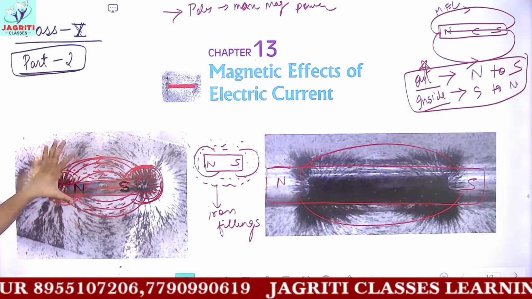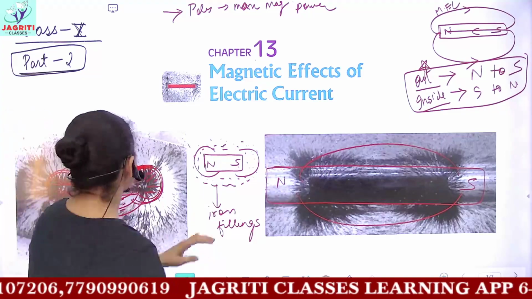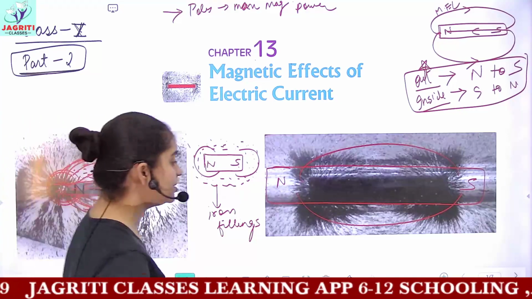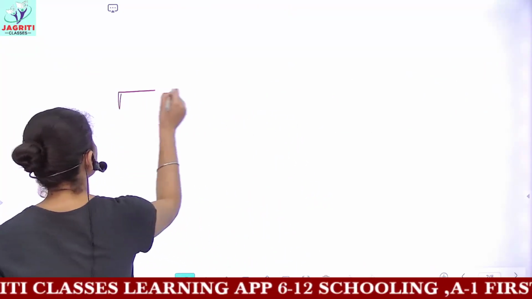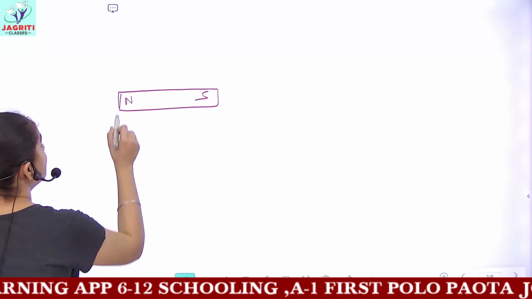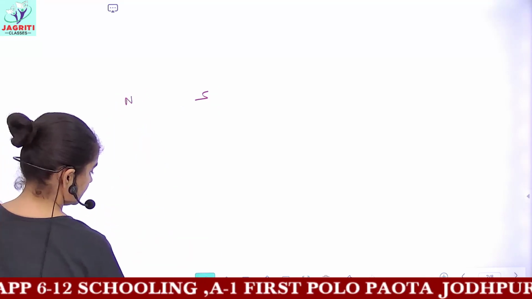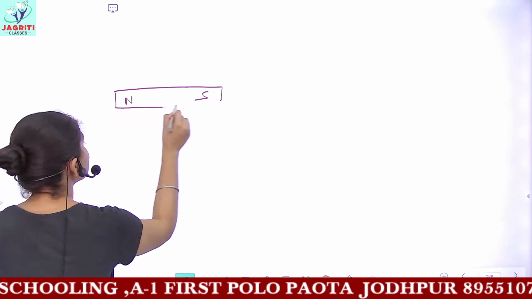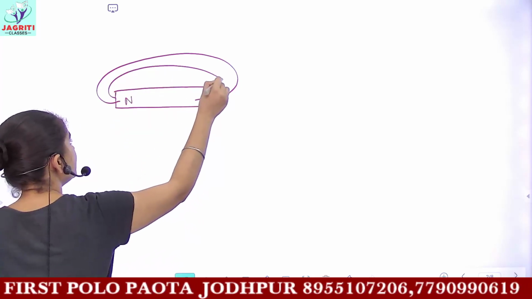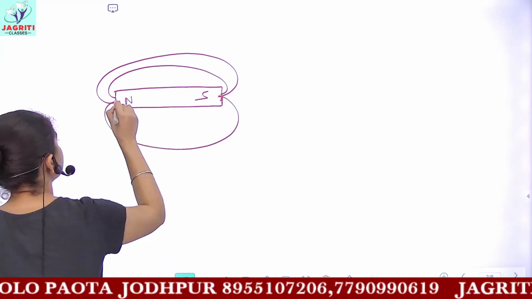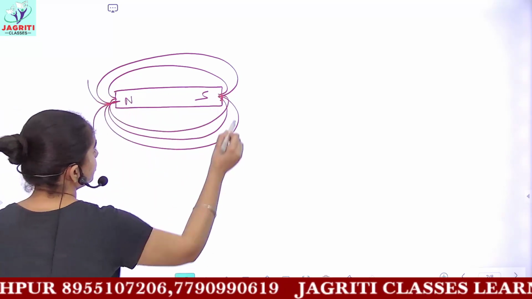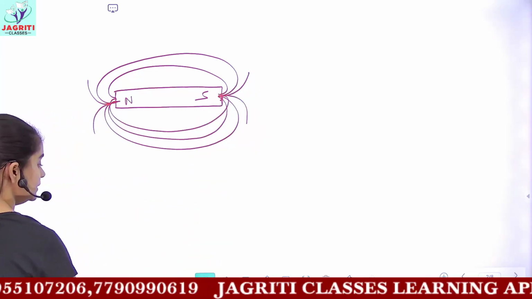So this is when you are taking just one individual magnet. That is, if I have just one bar magnet, then the direction would be this. But can you imagine what would be the case if I take two magnets? For one magnet, how did we depict the magnetic field lines? We said that consider this is our bar magnet, and for this magnet the direction of magnetic field lines is from the north pole to the south pole in this manner.